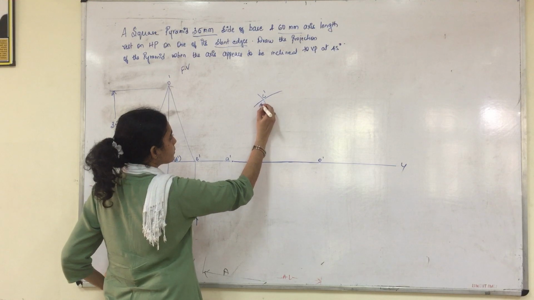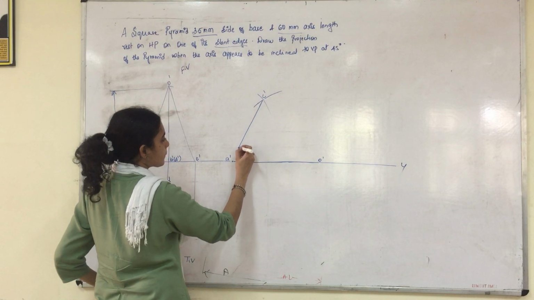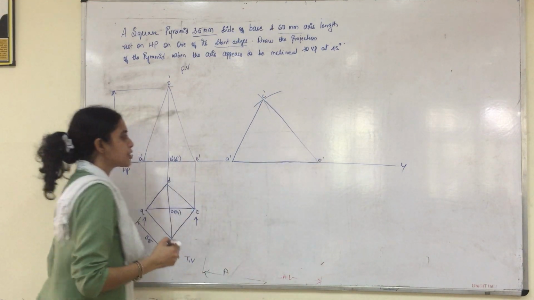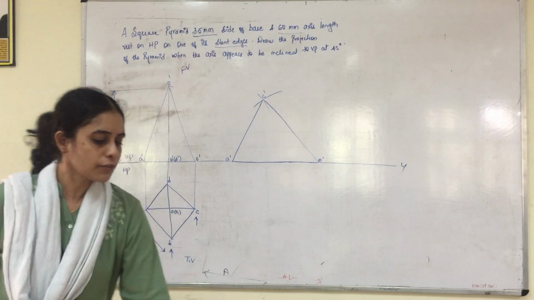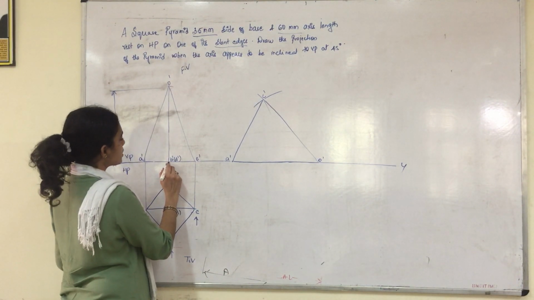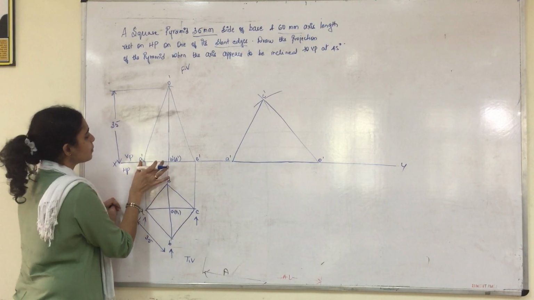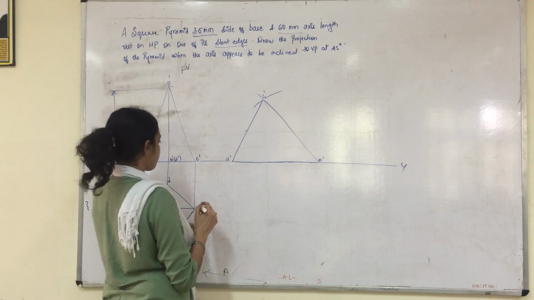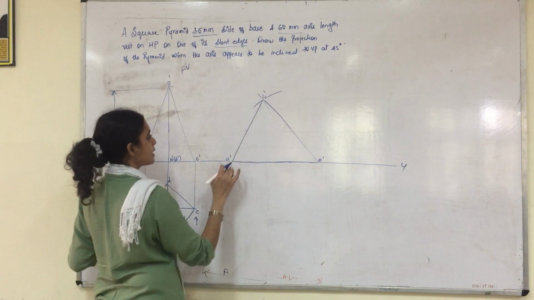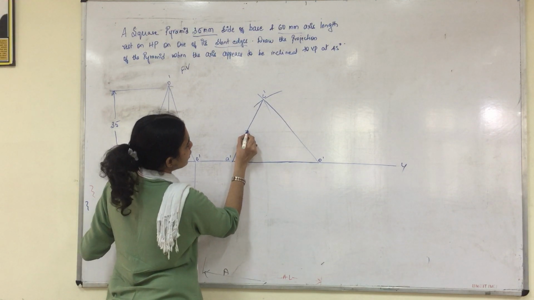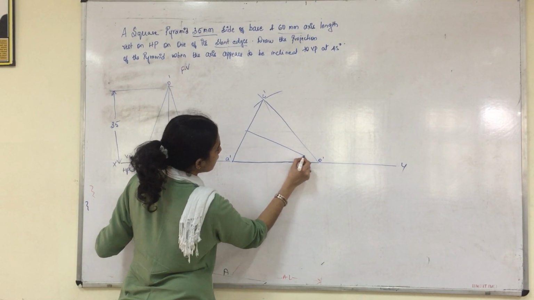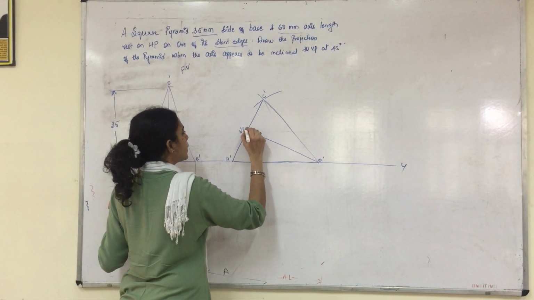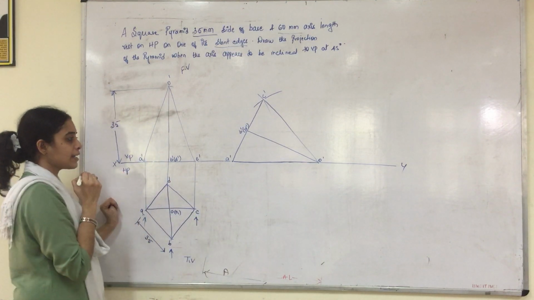Then you join A dash to C dash and from C dash to O dash. Right? After that we need one more point, which is B dash and D dash. From A dash to B dash you measure the distance and cut an arc. This will be exactly half of this entire side. From there you take the projection and join to our apex. So this is our point B dash and D dash, right?